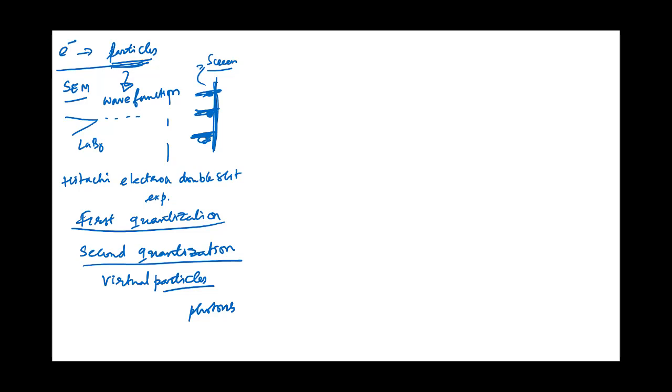You still have light as a wave, and for example, they talk about photoelectric effect. Photoelectric effect does not show that light should consist of photons. You do not require quantum mechanics of light to explain photoelectric effect. You can still consider light as a wave and explain photoelectric effect. It doesn't require light to be quantized, right? So it is the black body radiation, for example, that requires light to be quantized,